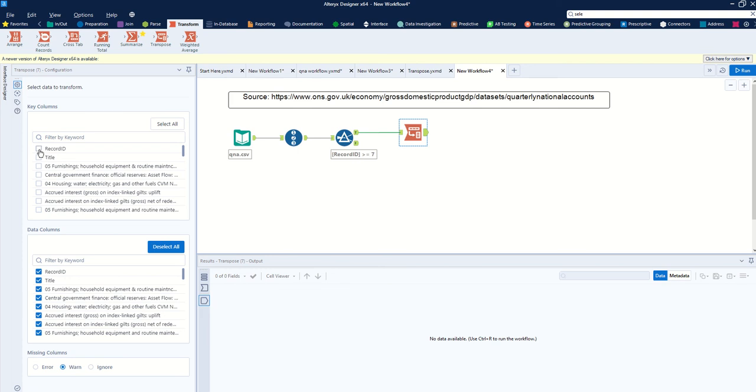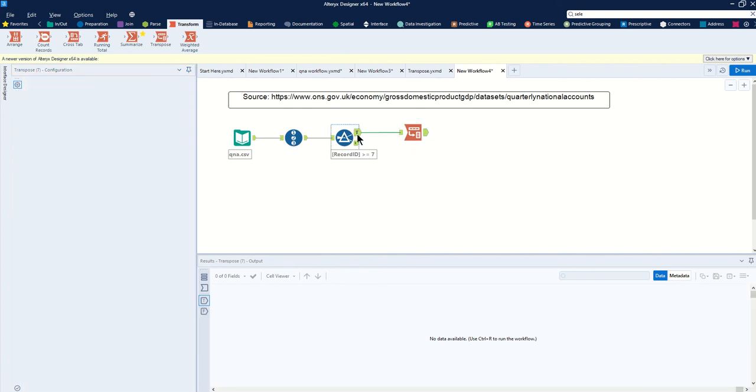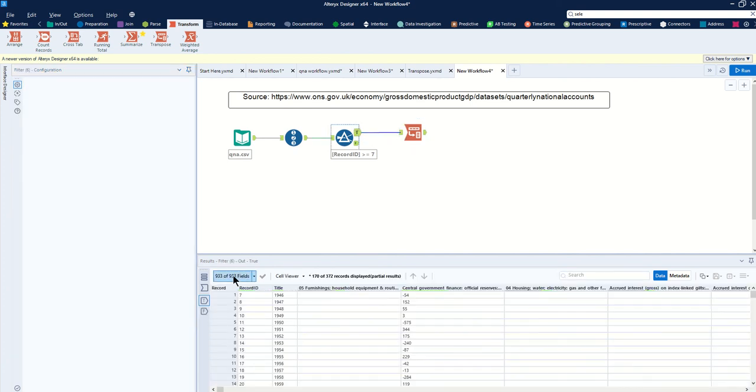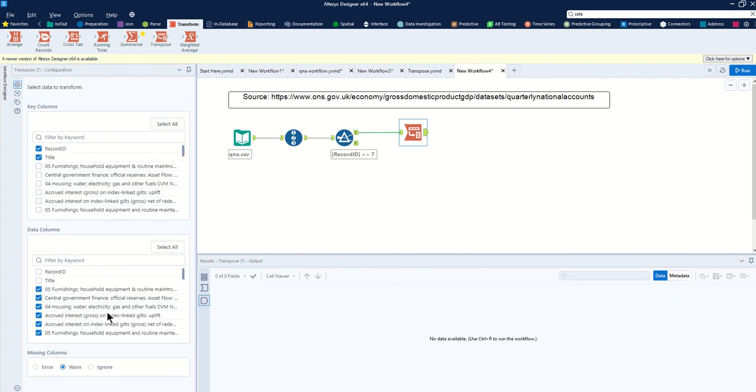So if I click record ID and title, you'll see that as you check them in the key columns, they are unchecked in the data columns. All the data columns that are checked are the columns that you wish to transpose. So out of the 933, we've unchecked 2, so there are 931 columns that have been checked in this transpose box here. So if I just hit run,